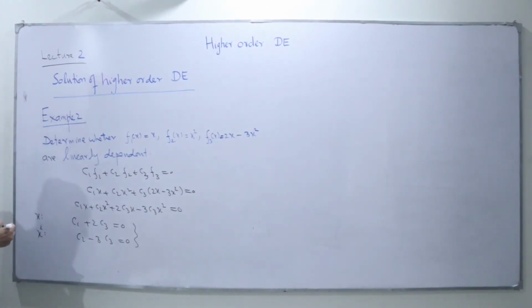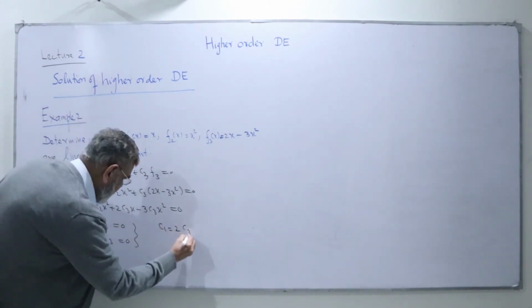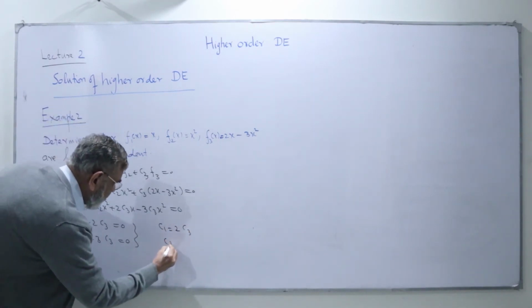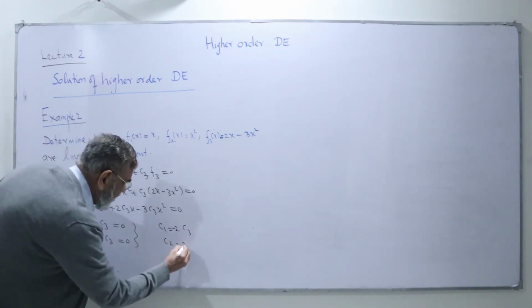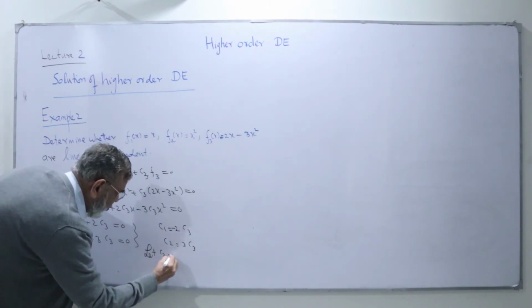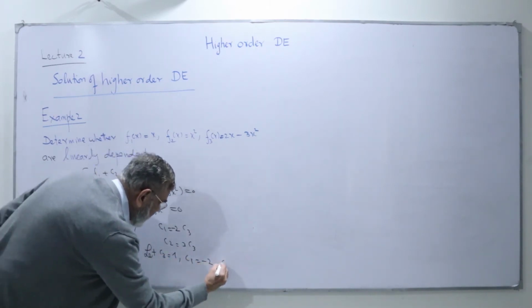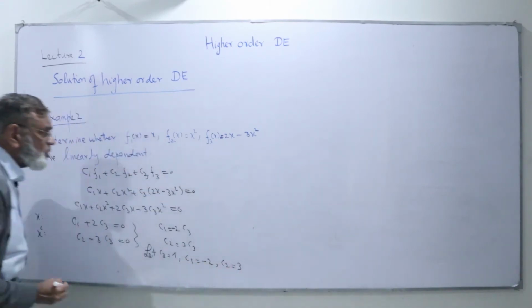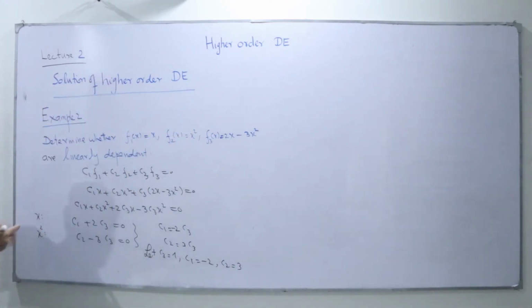Let us see. We take c1. c1 is equal to minus 2c3, and c2 is equal to 3c3. Then we say let c3 be equal to 1. Then c1 will be equal to minus 2 and c2 will be equal to 3. So if we put the values of c1, c2, c3 in the combination, what do we get? We get c1 is minus